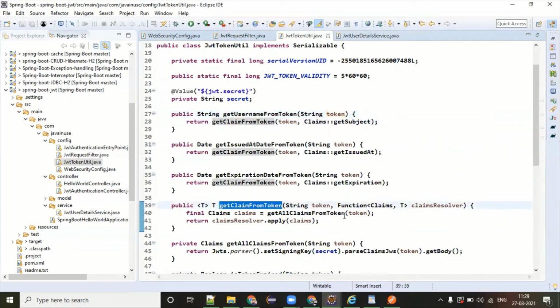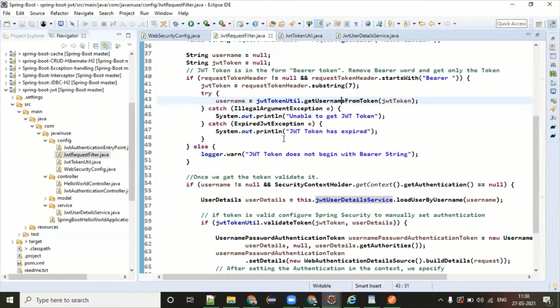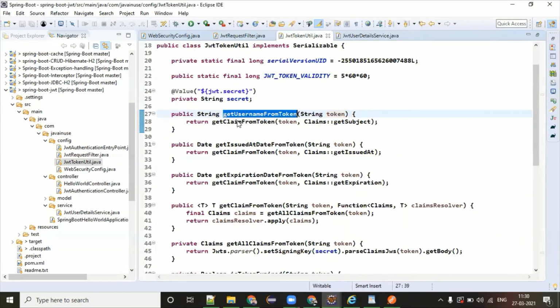This is coming here and getting all claims for the token. So you get a claim, and then you're applying that claim. Finally, this claim is reaching this particular service, and this is going to return the username it is holding. So this claim itself is holding that username, I believe. Let me see the flow again. So user from token is going to return you the username.